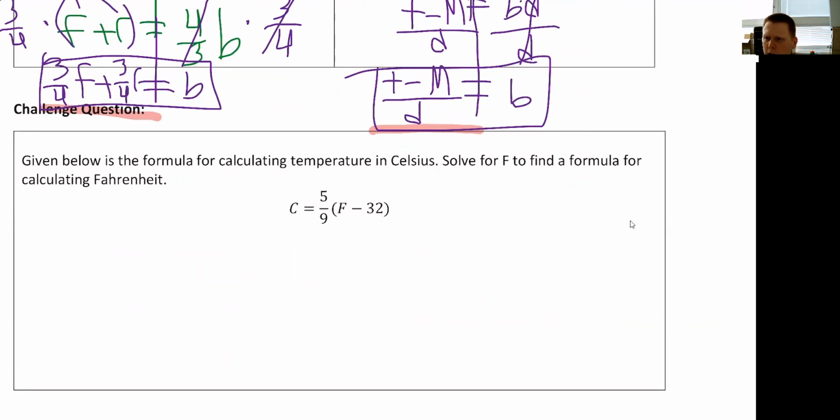But if you're waiting and kind of bored, you're welcome to load up Delta Math and start some of those problems. I hope this goes